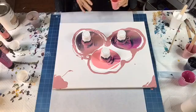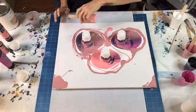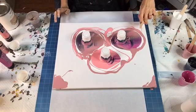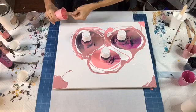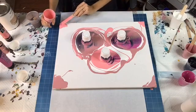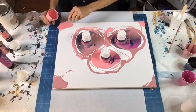So let's pour a little bit more of this in here. We'll get some on the corner here, and we'll get some on the other corner. All right,